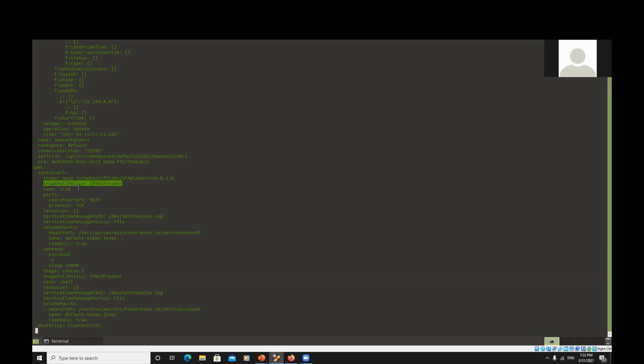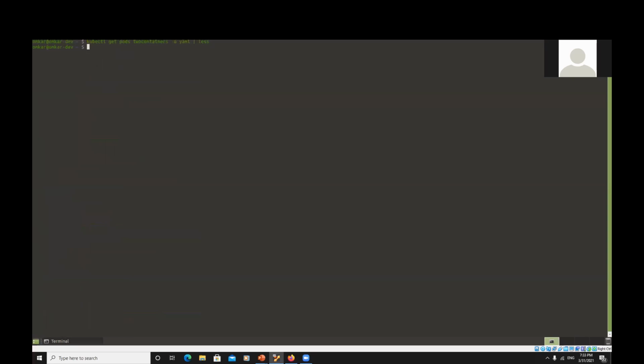On the development, let's say you don't want to create new tags and you just want to use the same tag to push images, then you would need this image pull policy as always. Otherwise, Kubernetes will use the previous image that it pulled at some point, and you'll not be able to test your latest changes, right? And the example, like the kubectl explain that I wanted to show you, is that this